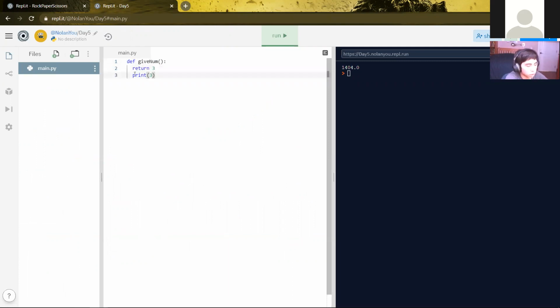So this code here, the print 3 will not run. And the reason for that is because print 3 is after the return statement. So the function terminates, it stops. So if I wanted to,